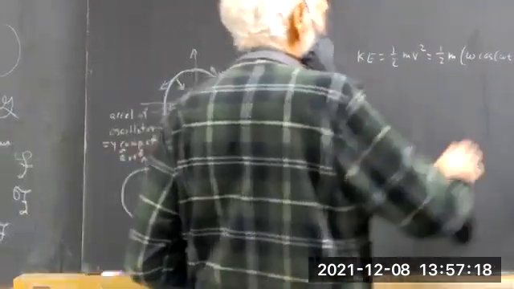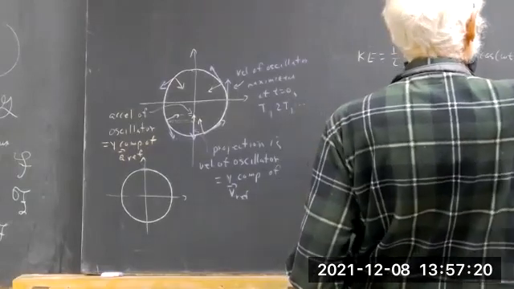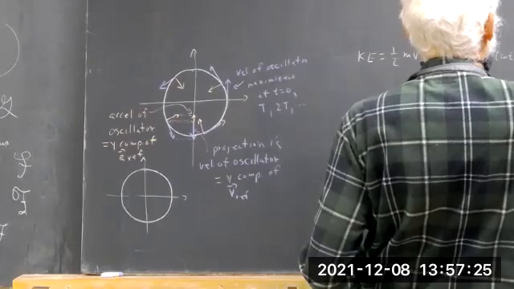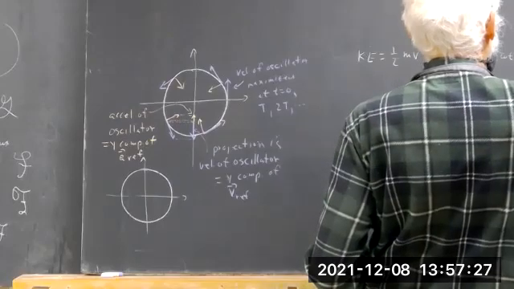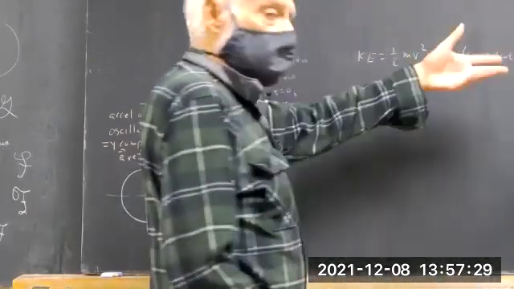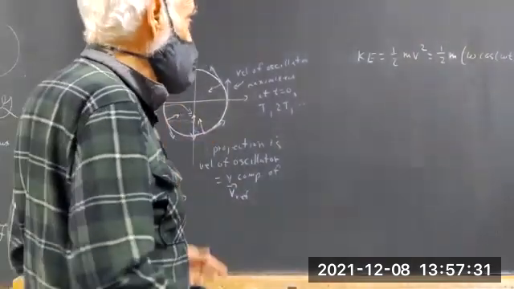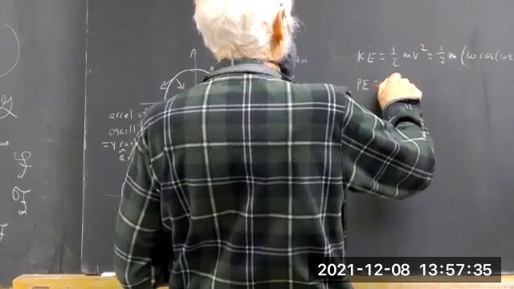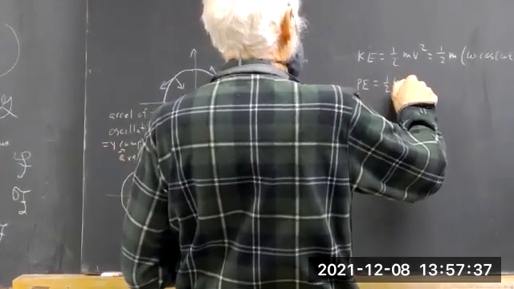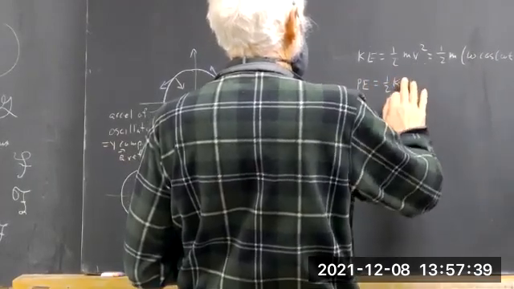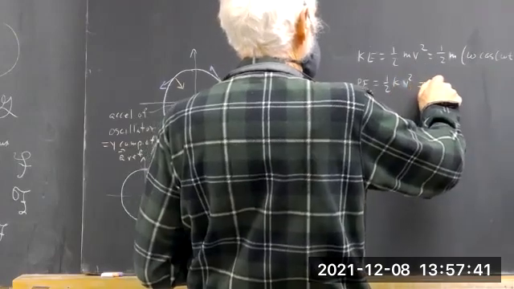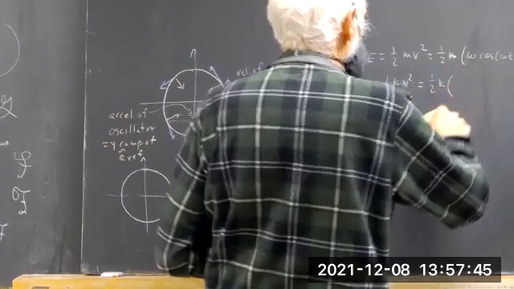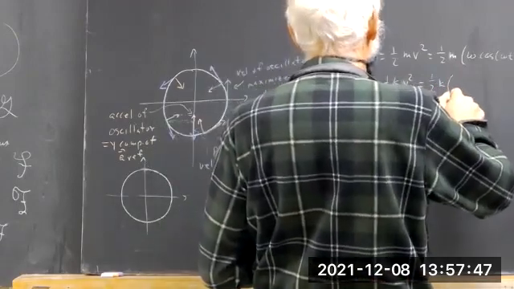That's 1/2 m omega squared cosine of omega t. You've got your omega for this particular motion. That's always that. The potential energy, we use y here, so use y in this case. That's 1/2 k times